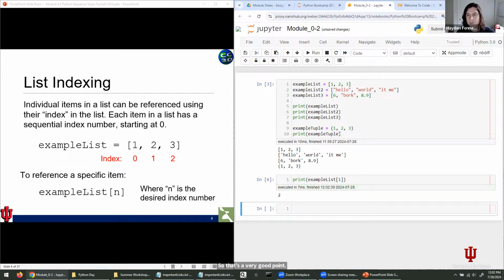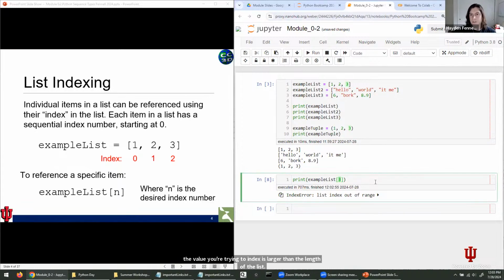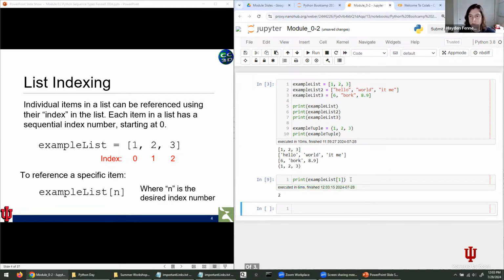So again, we can print individual values from the list if we want to. And you'll see here, if we change it to 2, it prints our value of 3. If we change it to 3, we get an error, a list index out of range error. And what this means is that the value you're trying to index is larger than the length of the list. So there's nothing in slot 3 because there's no index of 3. So if we change this back to example list 1, where it prints 2,